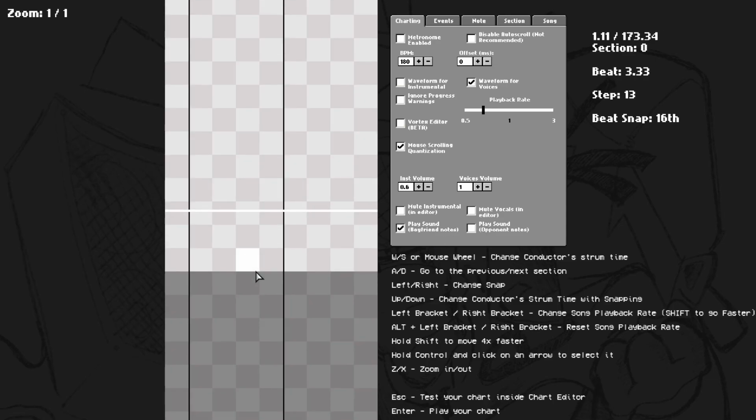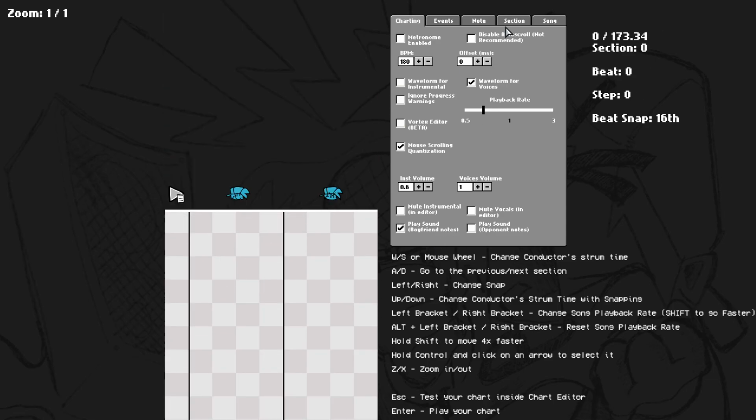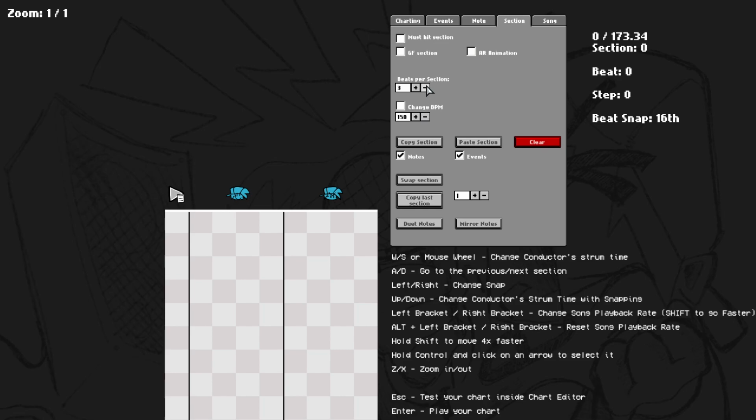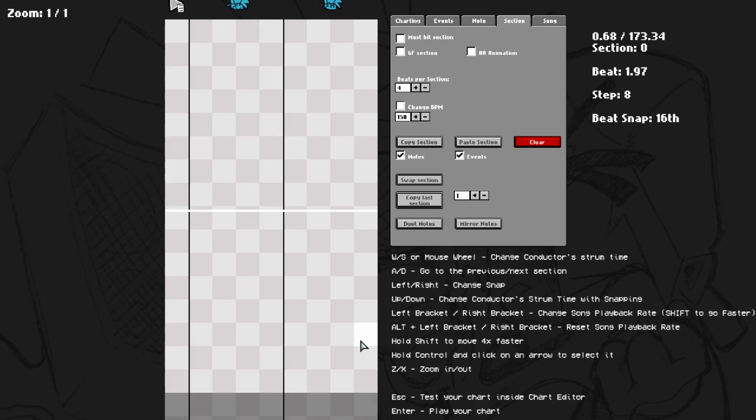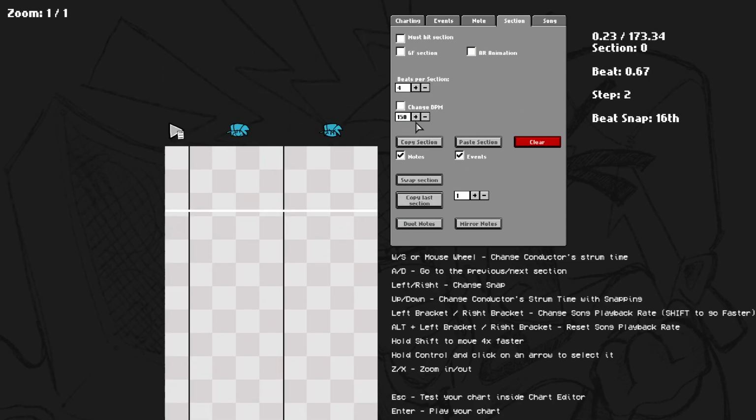If you want to change it, you could go to sections and change it to 6 or even more. But I would recommend going with 4, not 6. Just go with 4. Now, change BPM I think is the weirdest thing, but